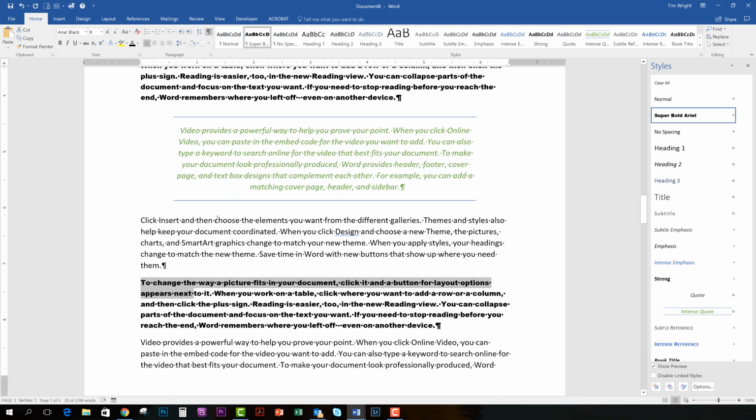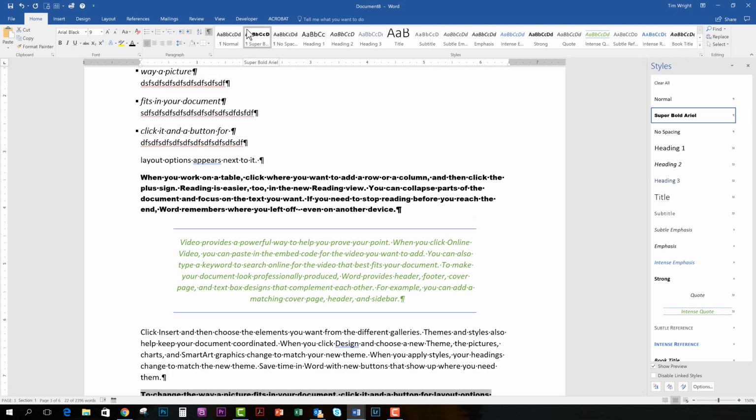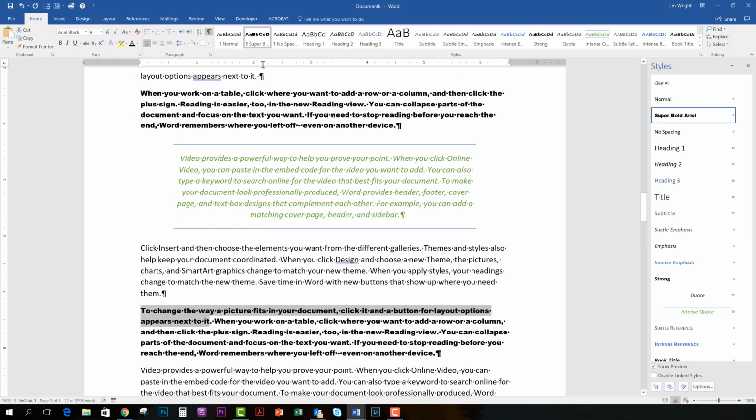Now, because it's paragraph, even though I highlighted just part of a sentence, it did the whole paragraph, because we told it it was paragraph formatting, not just line formatting, not just character formatting. So it did it to the whole paragraph, which is very useful because you can just click and hit it. Okay, there's just one more thing we need to cover, and that is, boy, is there